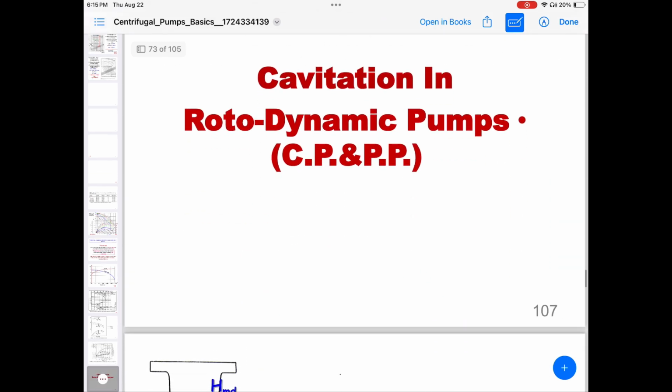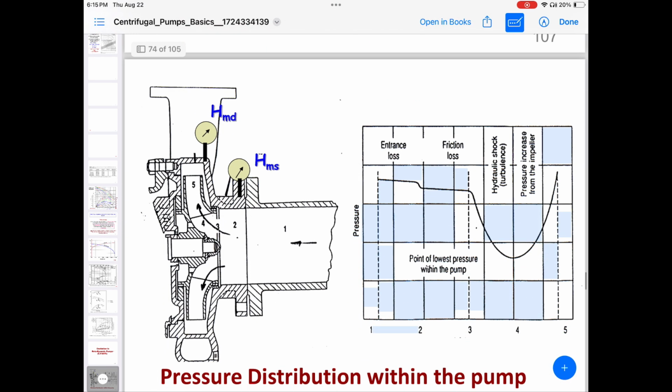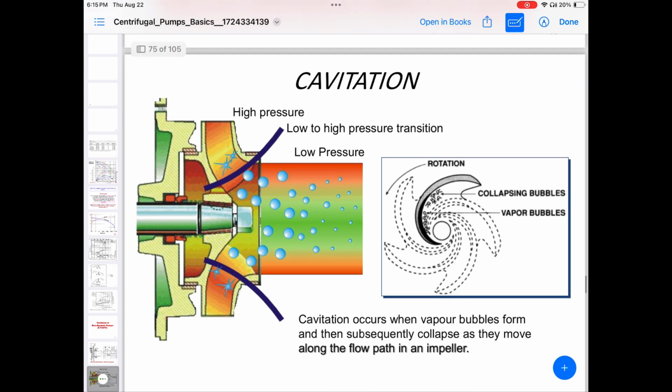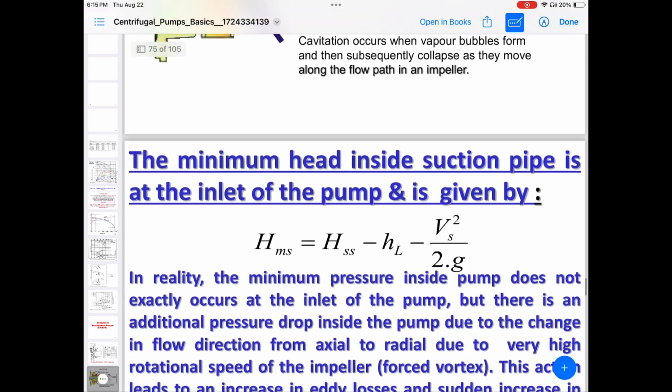Rotodynamic pumps and cavitation for rotodynamic pumps. Seeing this picture for centrifugal cavitation, we see these bubbles, high pressure to low pressure transition, this relation for the